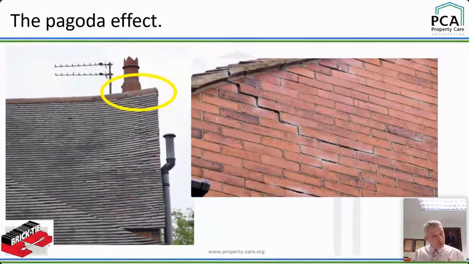So imagine if we had a row of coping stones there with weight on them, that weight would now be on the outer leaf. So the outer leaf starts to resist that. It's not designed to. I mean, this one in particular, big high gable, the slenderness ratio of the external leaf is 100 to 1, all right, because it's 10 meters high. So very thin. You start putting weight on that and you're getting this. If you look on the right, there's some step cracking at the edges, and it's gone straight through the verge detail. Because remember back in these days as well, the wall ties were laid at the verge.